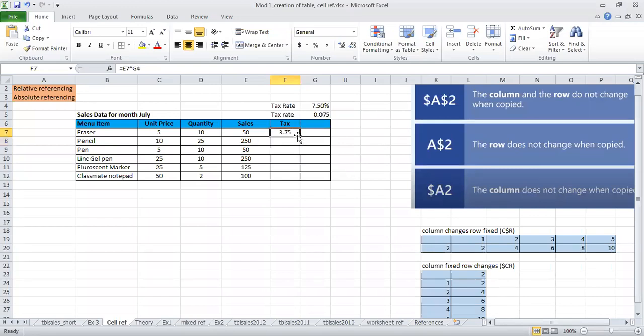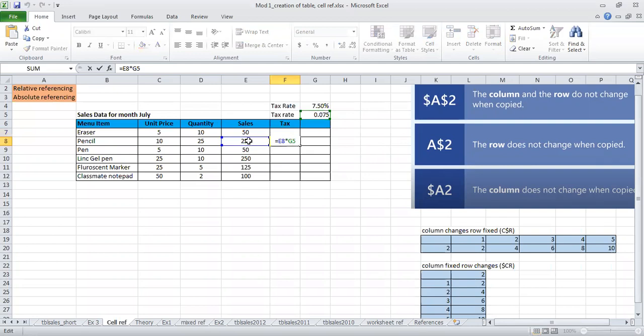Now, if I do relative referencing, which is just dragging it to the next cell, the formula automatically gets copied in the next cell and it calculates the value. But now what is happening? See, it increases by one cell address, right? Earlier, if you see here, it is E7 into G4. These are the cells which I wanted to multiply. I have put that as my input and it is multiplying and giving me the output. But in the next cell, when I did relative referencing and dragged this formula to the other cell, see what is happening? It is increasing by one address.